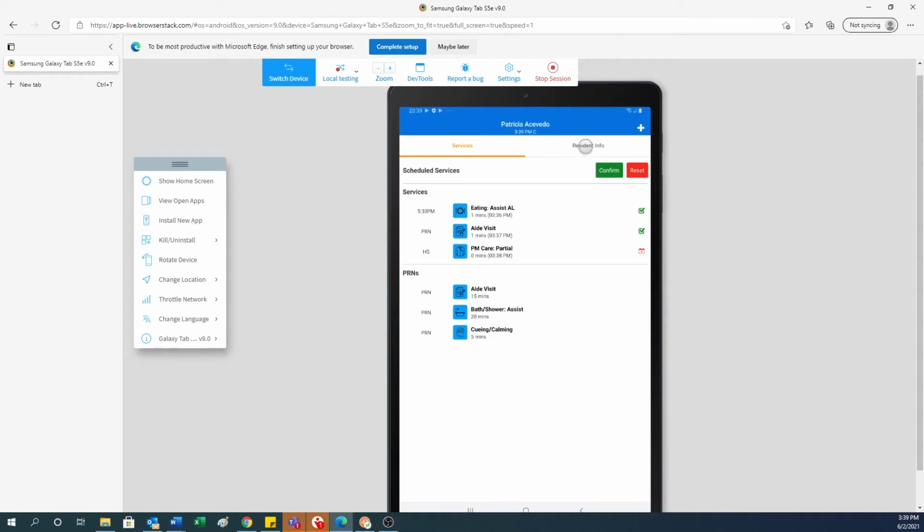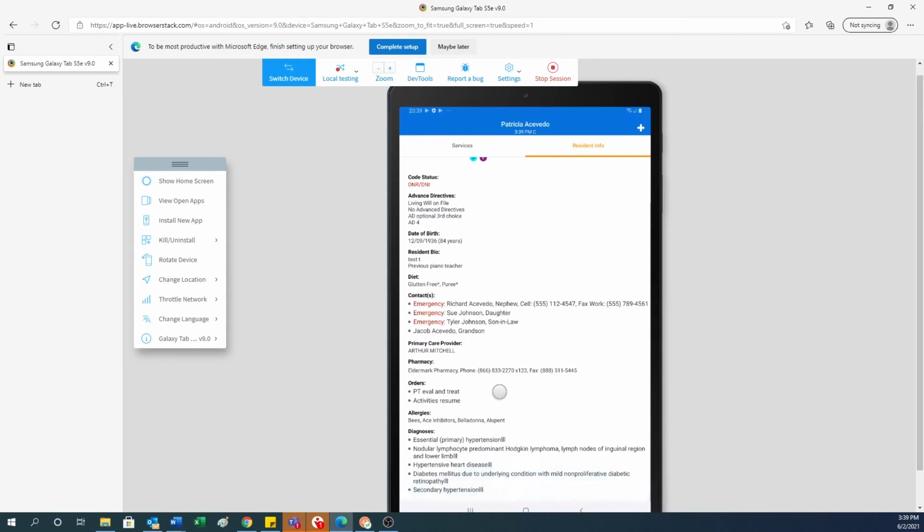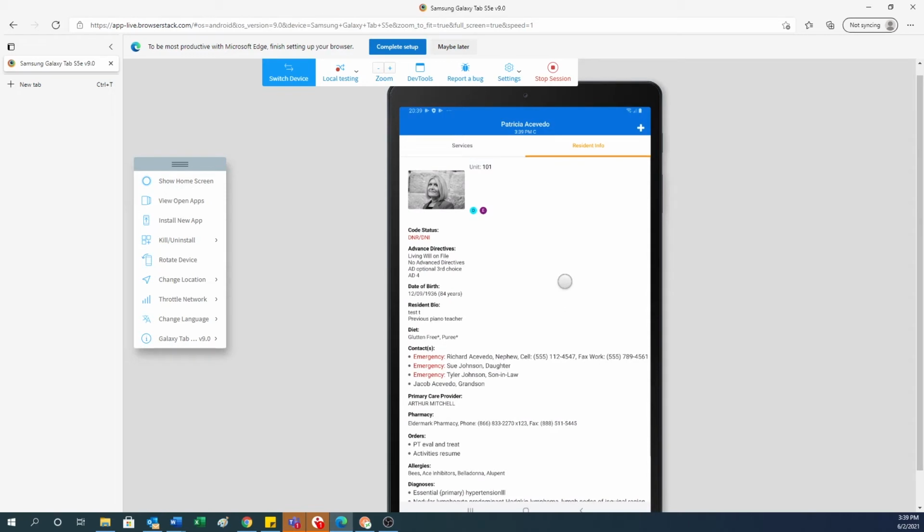On the top of the screen is now where the resident information is at. Tapping the Resident Info tab opens up the information related to the resident. It provides code statuses, any advanced directives, birth dates, emergency contacts, and so on. All of this information is located on the resident's chart in ServiceMinder. Navigating back to the Services tab,